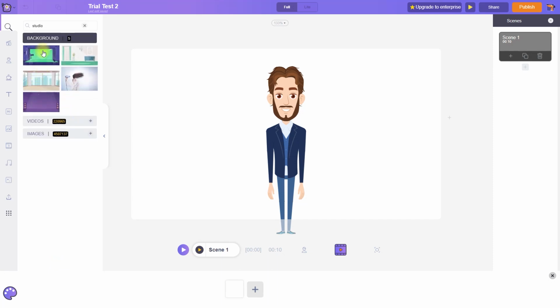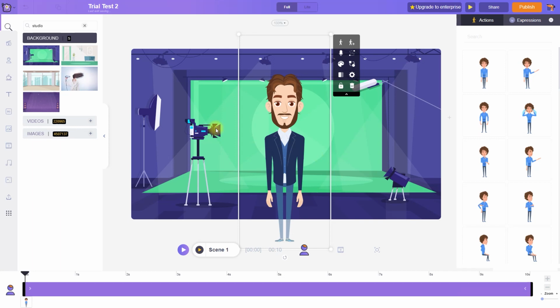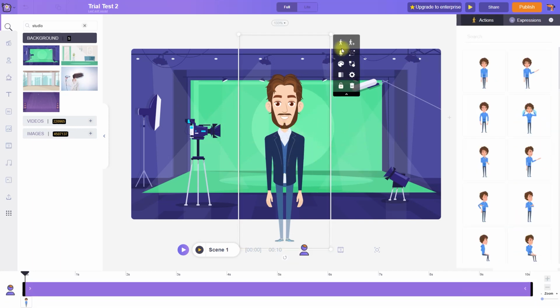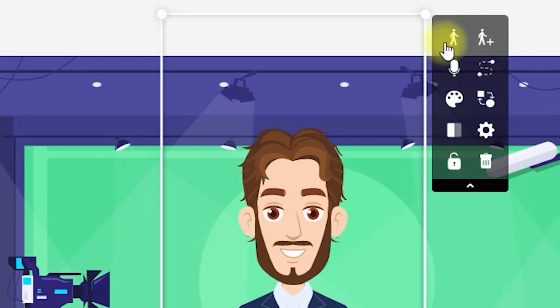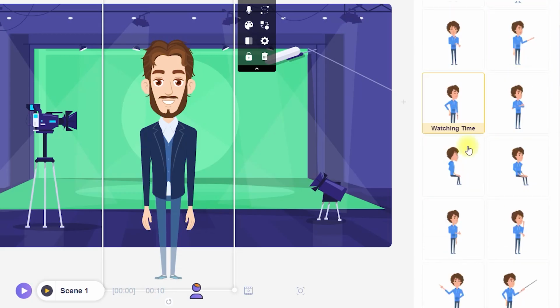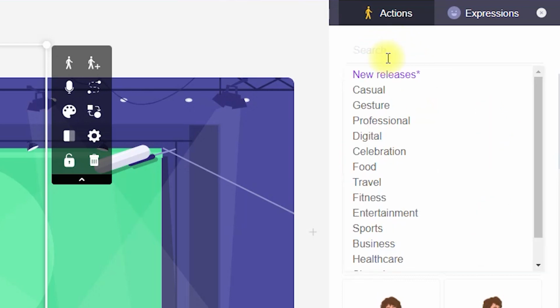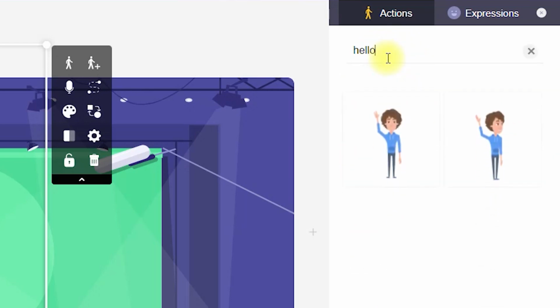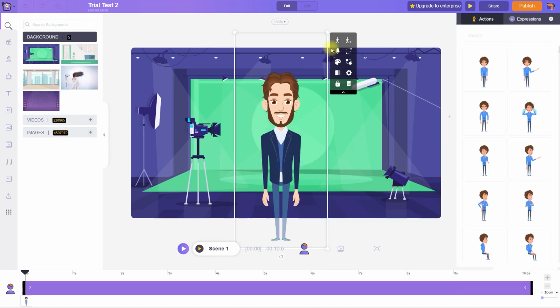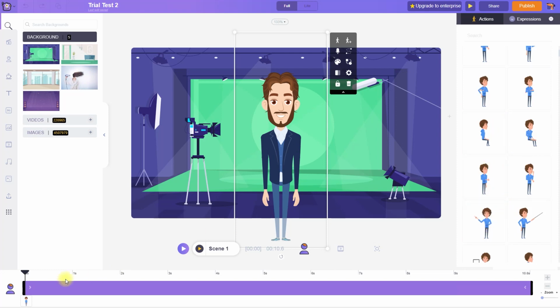Yeah, this looks perfect. Now you can see that we have a background ready and we also have a character in the scene. Once I click on the character, you can see there are a lot of options available here. This option is for actions. You are getting a lot of actions for your characters, so you can make them do whatever you want. Moreover, by adding expressions on top of actions, you can customize your characters even further. You can animate the character by just clicking on one of these options or searching it above. For example, I would like the character to wave his hand. So yeah, this looks good. Once you add different actions, you can adjust their timings on the timeline.